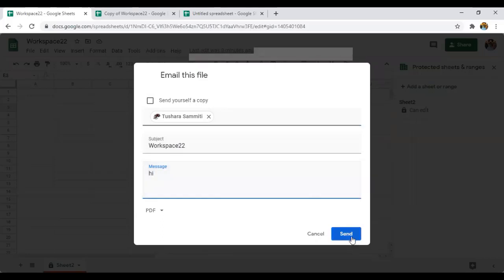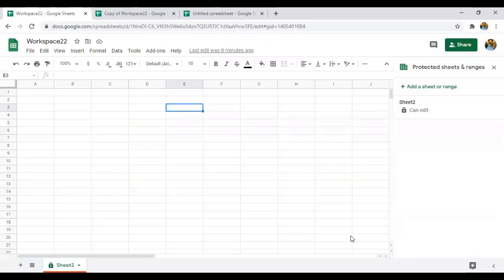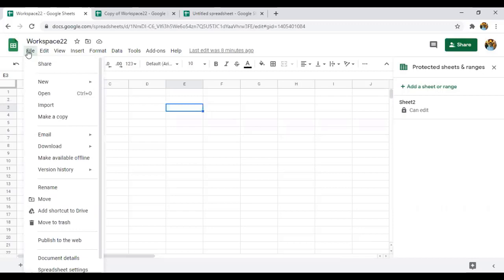Okay, and just click on send. The message will be sent, or the sheet will be sent to the required person, right? So this is how you send an email copy of the document to the user who is going to work on it, right?